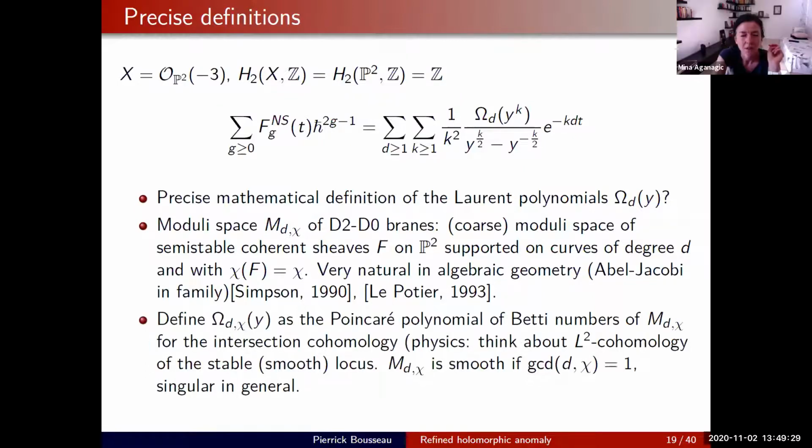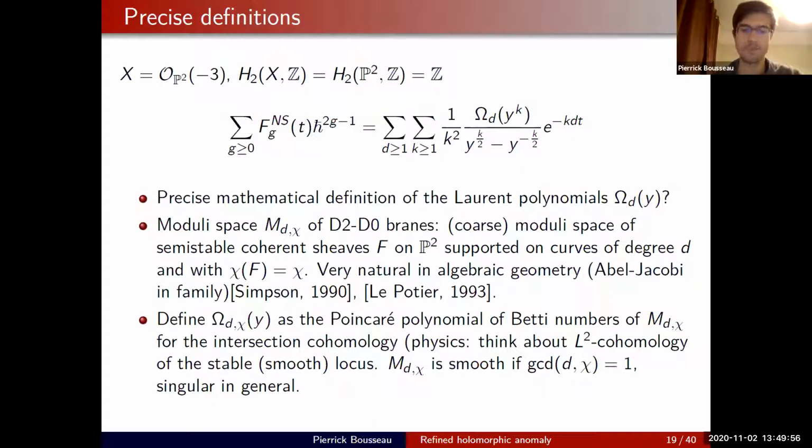So in fact, let me first say that in this NS limit, what we'll care about will be omega d k of y, which is essentially the Poincare polynomial of this moduli space. So just Betti numbers of this moduli space. But in general, to get the two parameters, you really need to use this map from this moduli space to the moduli space of curves. You need to use this fibration